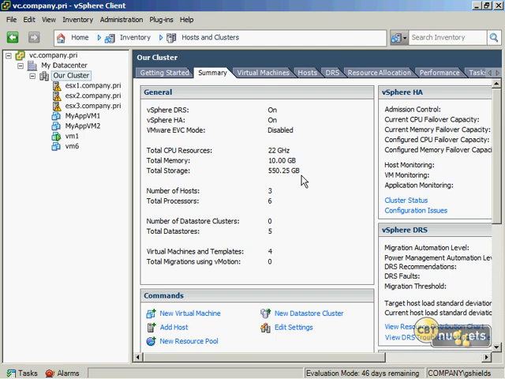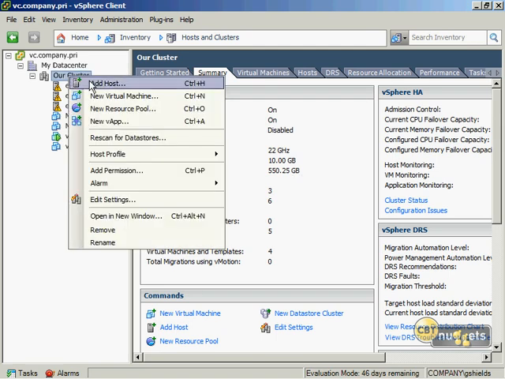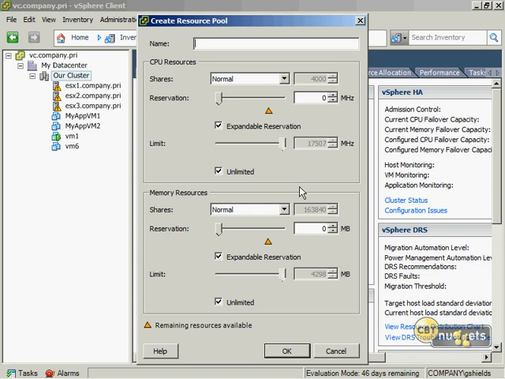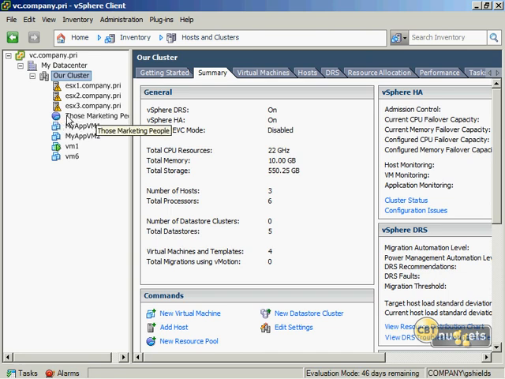So a resource pool, as I mentioned, is a piece of that cluster. Let's say I want to create a resource pool for those marketing people. And those marketing people need to have, I don't know, 7627 megahertz of CPU and not all that much RAM. We want to give them a little bit of RAM. So now I've created a resource pool,